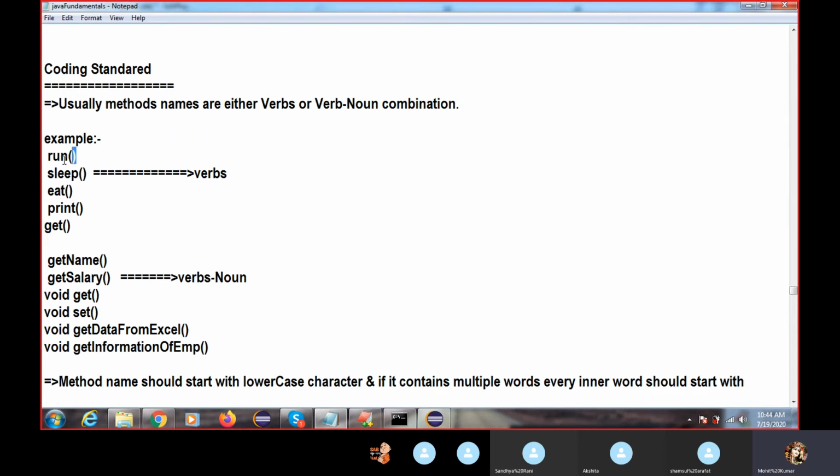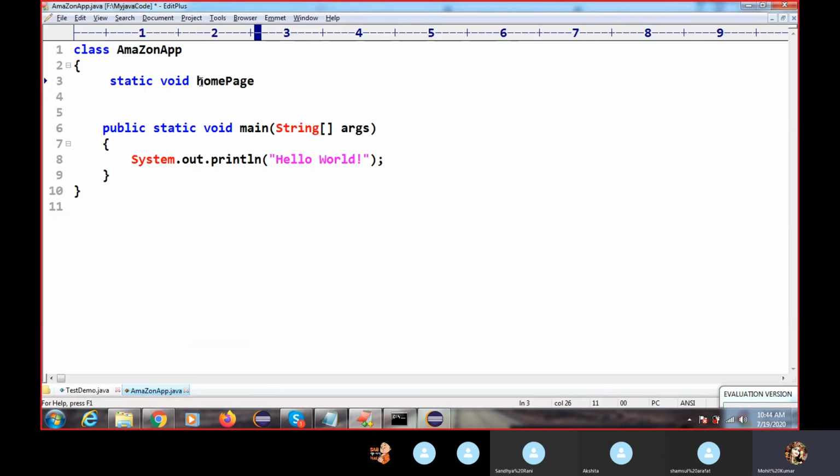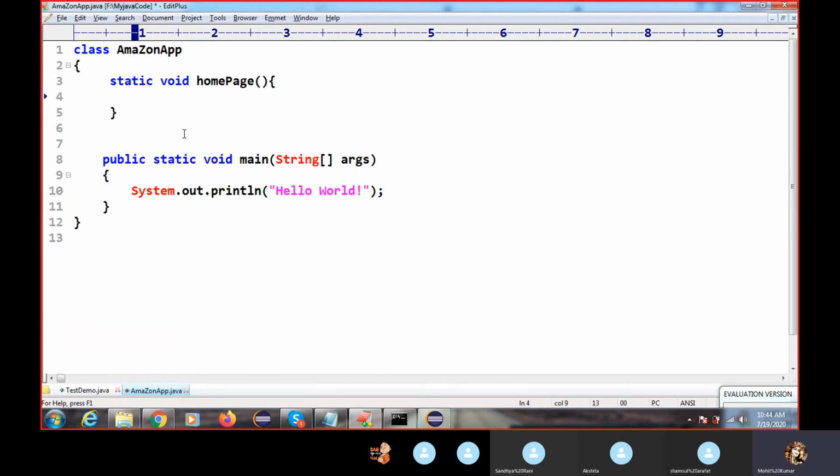If you have a single word, simply use a small-letter word, like when you are creating void login.